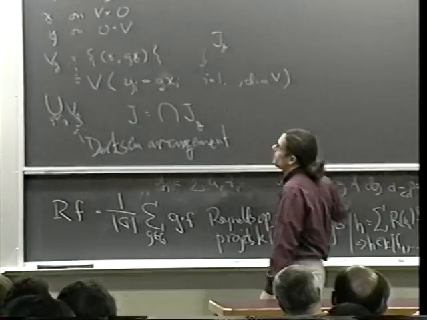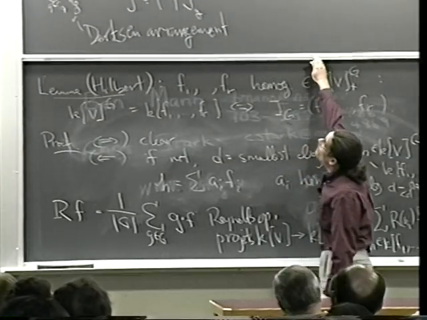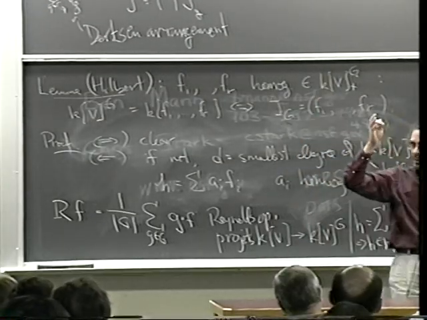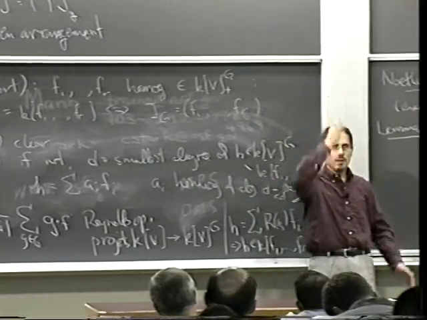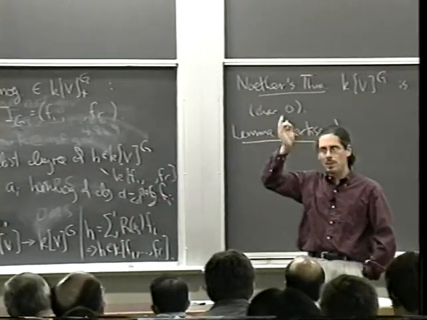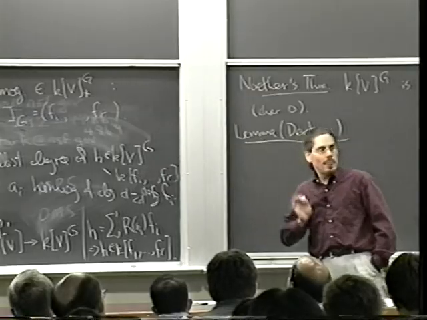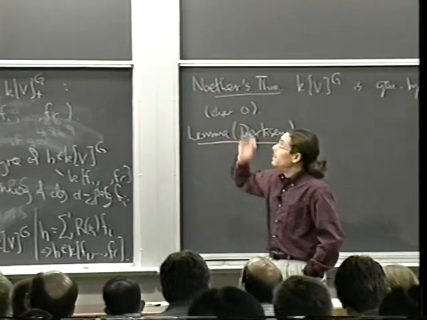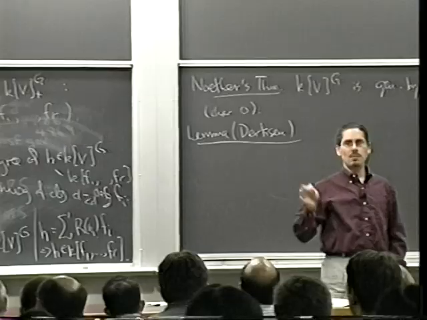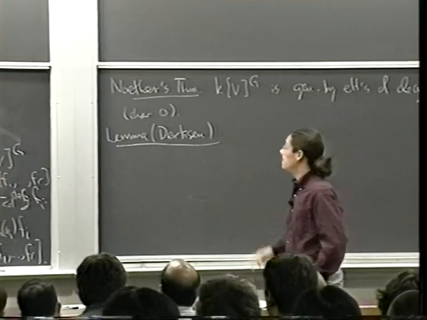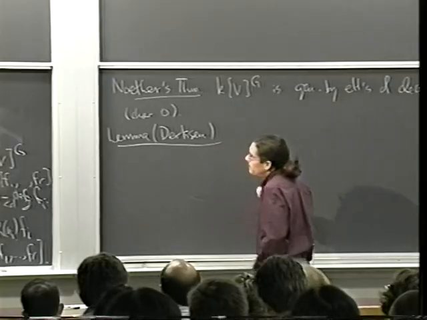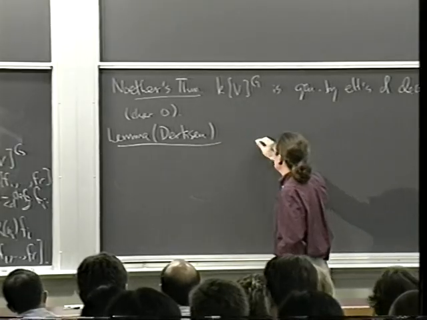And what Dirksen's lemma is going to say is that if we take this Dirksen arrangement and we set the y's to 0, we scheme theoretically intersect it with the first copy of V cross 0, we're going to get a subscheme of V, and that the ideal of that subscheme is going to be the I_G. That subscheme is going to be spec of the co-invariant ring. Okay, so to put that another way, if we take J,